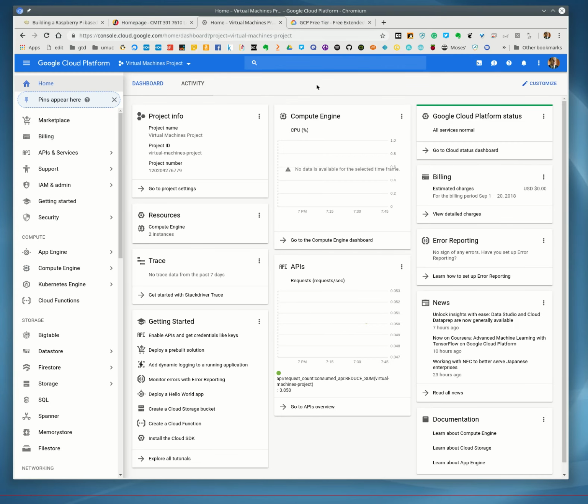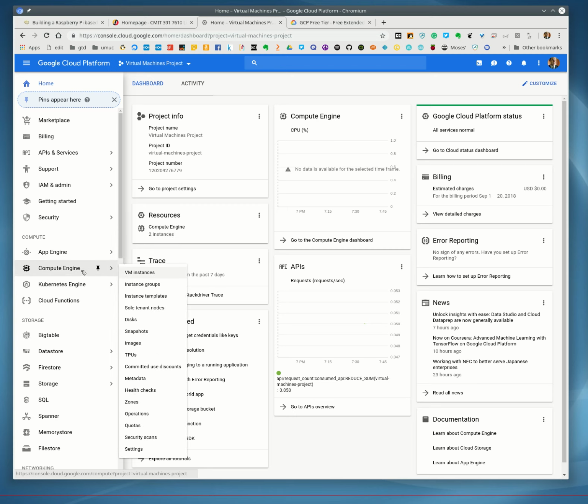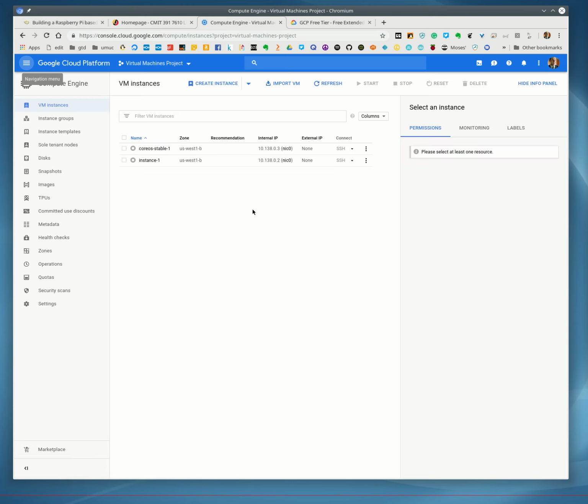And here you see that I've logged into the Google Cloud Platform and the Virtual Machines project. Now, the first thing we're going to do is come down to the Compute area, the Compute Engine, and VM instances. You'll then see that the main portion of the website loads in the VM instances area, and you'll note that I already have 2 VM instances built within my console. So for this demonstration, I'm going to click on Create an Instance,